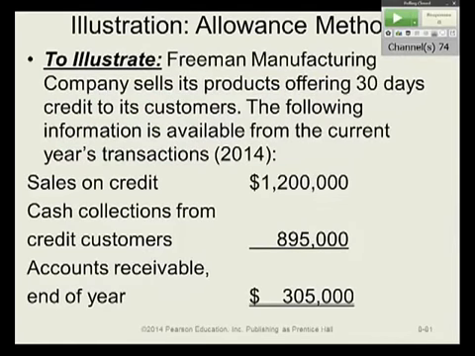All right, let's go to this Freeman Manufacturing. And in our example, it tells us that they have credit sales of $1.2 million. And again, we assume no beginning balance. They collected $895, and accounts receivable at the end of the year is $305. Now, this is very common, and just looking at some of the homework problems a few minutes ago before we came down, it's a very common scenario that you see in some of the homework problems, so that you've got accounts receivable,